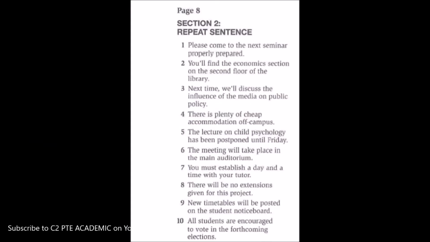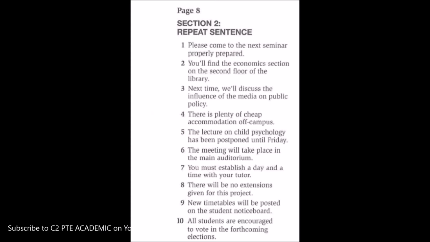Practice Test 1, page 10, section 2. Describe image. Model answers. Image A. This pie chart shows where people get the news from. The largest number, 40%, get the news from the television, but this is closely followed by newspapers, which are used by 36%. It seems surprising that the internet comes third, with only 15% of people getting the news from there. Finally, only 9% get the news from other sources.